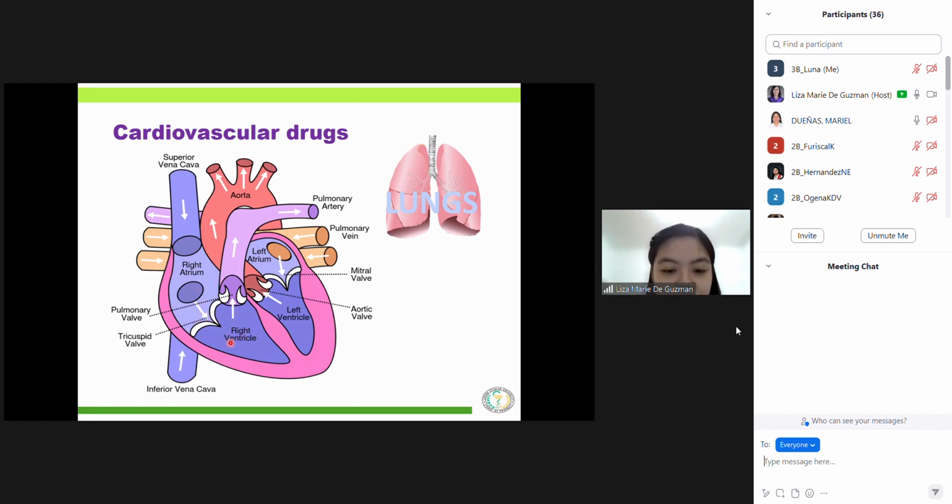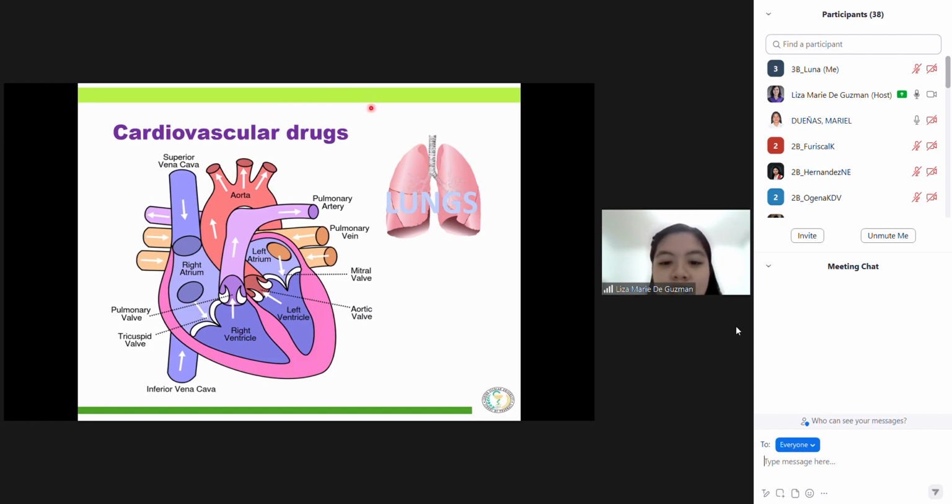Then going to the right ventricle, the blood will enter the pulmonary artery, where the blood will be delivered to the lungs, and the blood will be oxygenated here. Earlier it entered deoxygenated. Then it passes through the lungs, where the blood becomes oxygenated. Now it re-enters the heart through the pulmonary vein, going to the left atrium, to the left ventricle, and then to the aorta, where the oxygenated blood is delivered to our tissues.